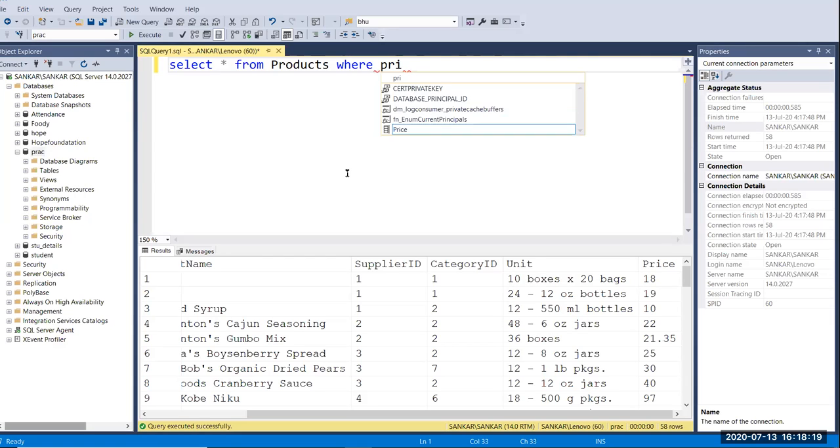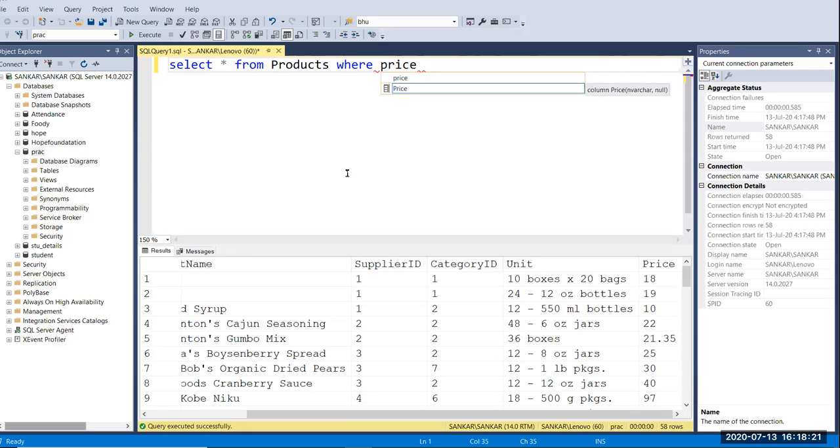Here I'm going to print what the products and units are between some value and another value, right? So here I'm going to use price and give BETWEEN. After that you can pass your starting value, here I'm going to pass 10, from 10 and 20.